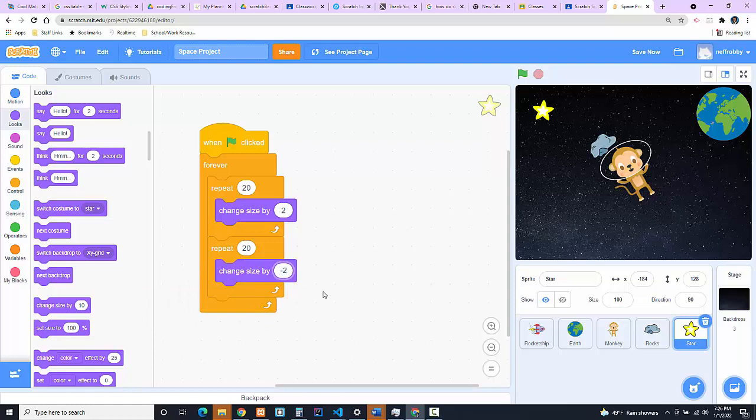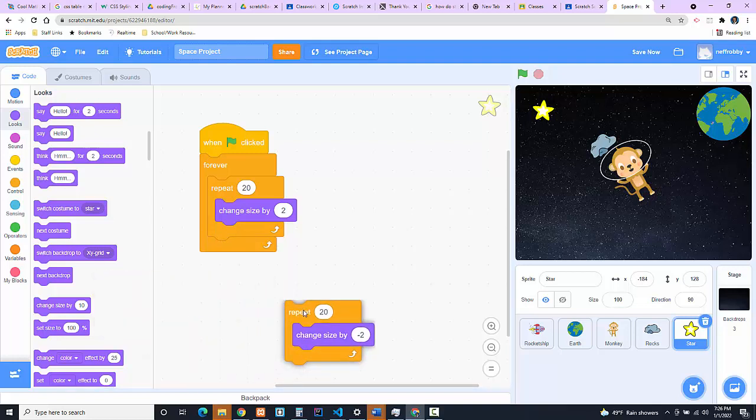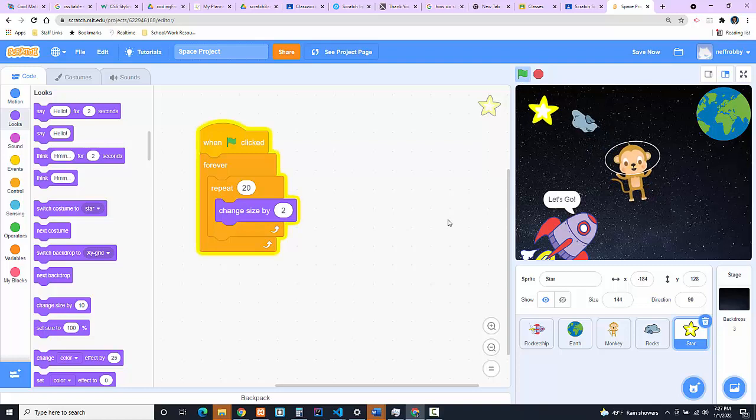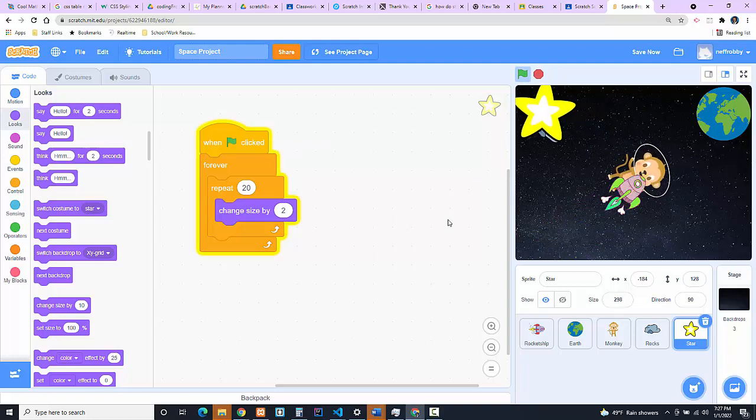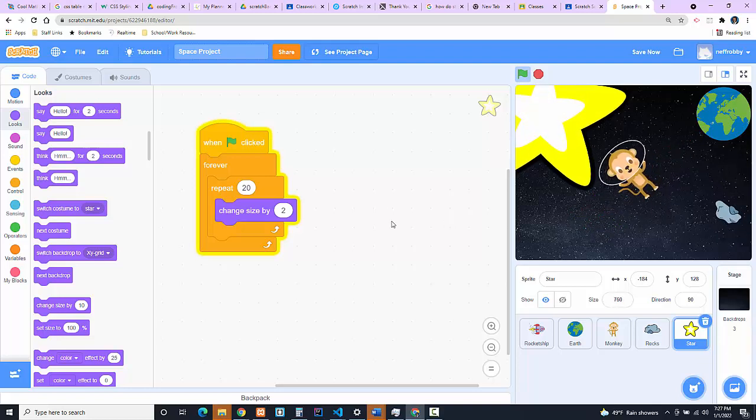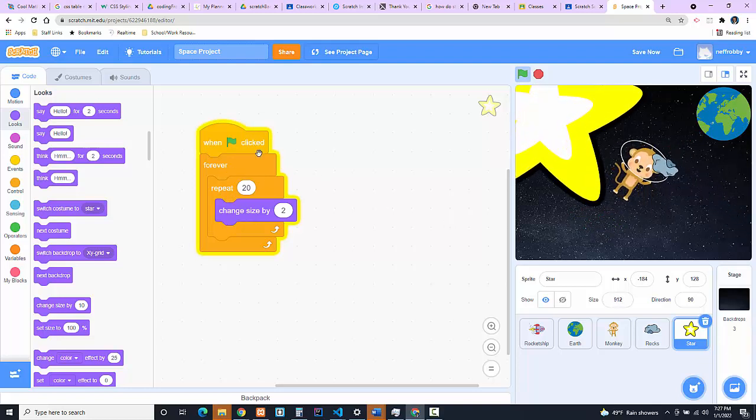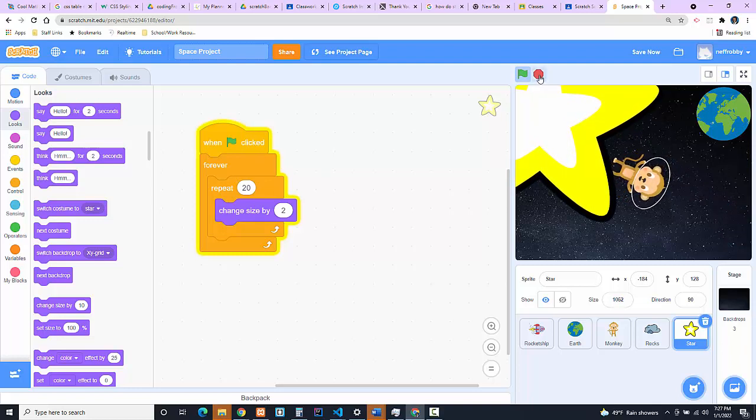Now, I want you to think about this. What do you think would happen if I did not have this change size by -2? What do you think would happen? Well, let's take a look. If I click on the green flag, my star gets very, very large. And it's going to do that forever because we have it repeating forever. So I'm going to stop that. So that's why we have repeat change size by 2 and then change size by -2. That way it balances out and it always stays at the same size, or it doesn't get too large or